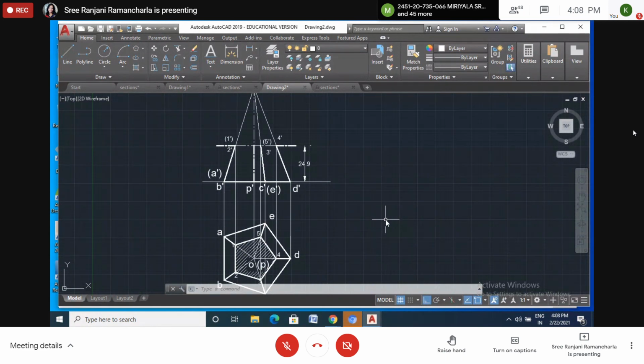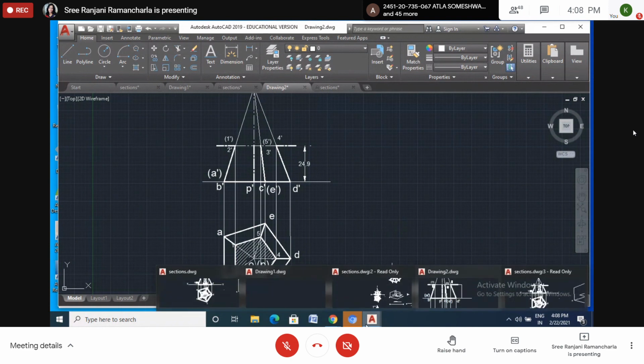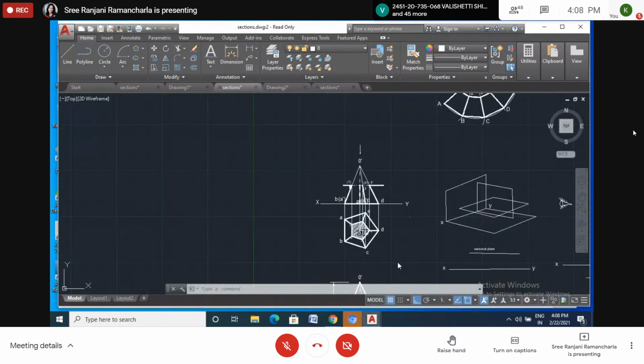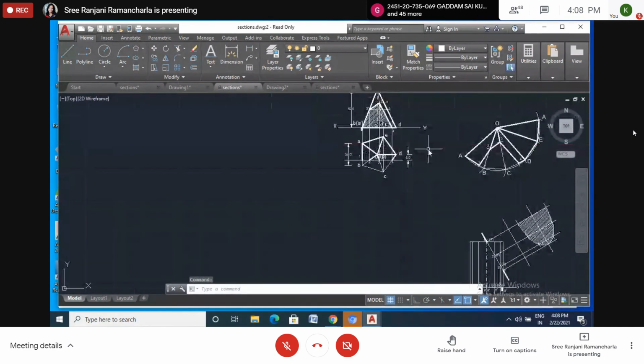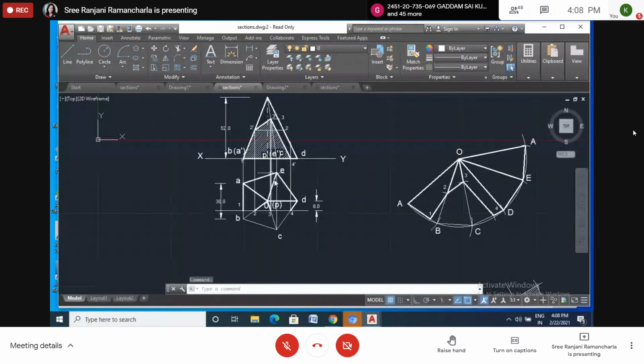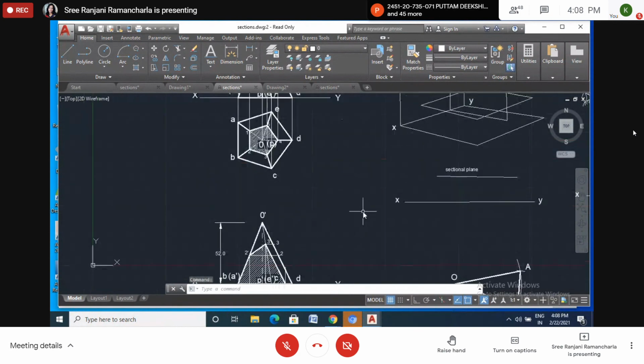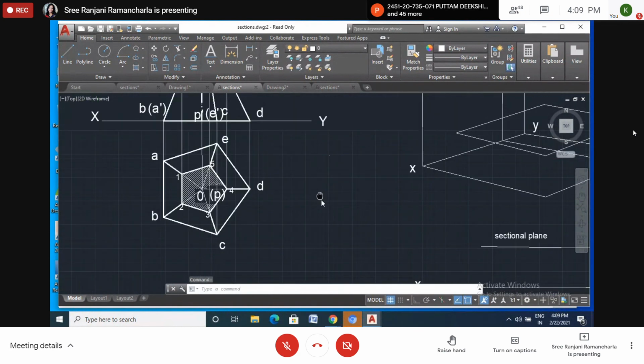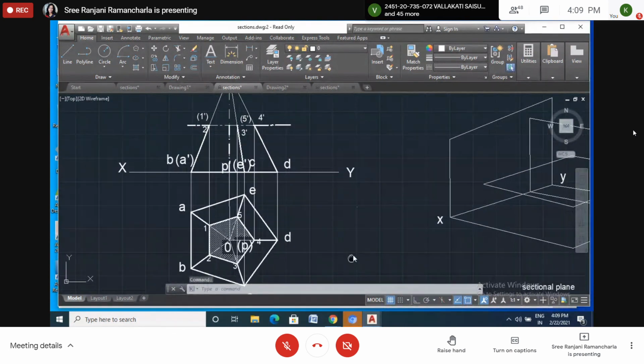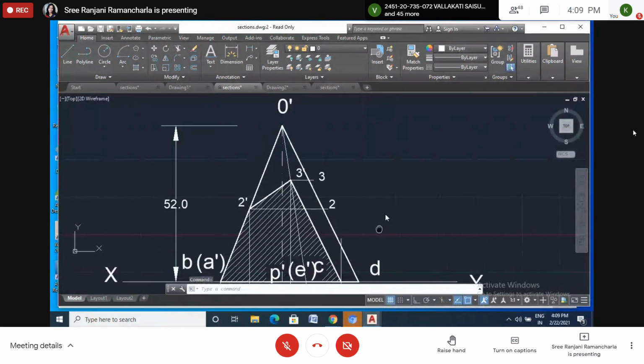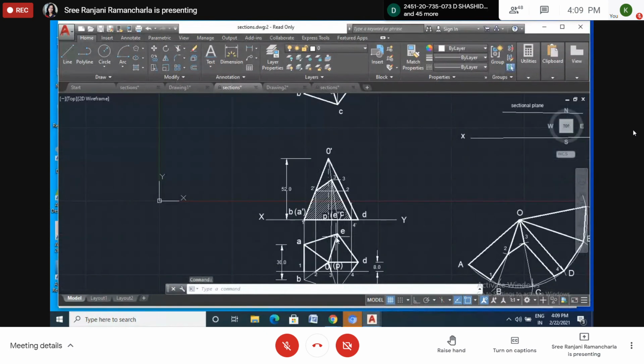Now the same figure, which we did in the earlier class, I want to show this one also. The difference between the positions of the section plane. See here, I want to show this one also. It is the same figure, but the section plane is perpendicular to HP, parallel to VP. Section plane is perpendicular to VP, parallel to HP. See here, this we have drawn now. This we have to draw. Right? So what you do, now I give the question, just change the question. The same question is, write down the question.